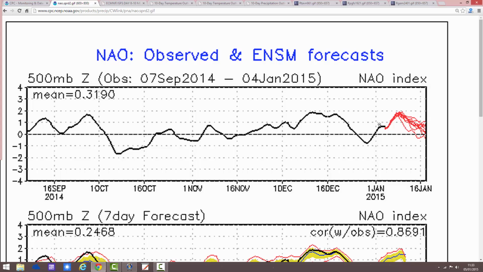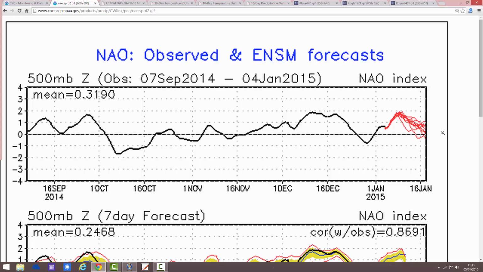Now, we're going to go very positive with the North Atlantic Oscillation over the next few days. We're going to be in for a stormy spell later this week with strong westerlies. And then we are seeing a bit of a dip down as we go through into the middle of the month. Again, this is the 16th of January, just here. The red lines are dipping down, but not as much as the Arctic Oscillation. So there's not really a signal here yet that we're going negative with the North Atlantic Oscillation. Whilst the Arctic Oscillation may go negative around the middle of the month, the North Atlantic Oscillation may not go negative.